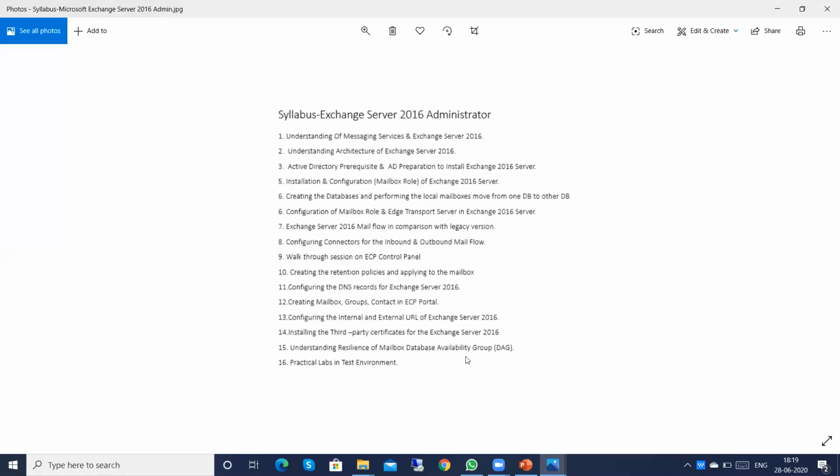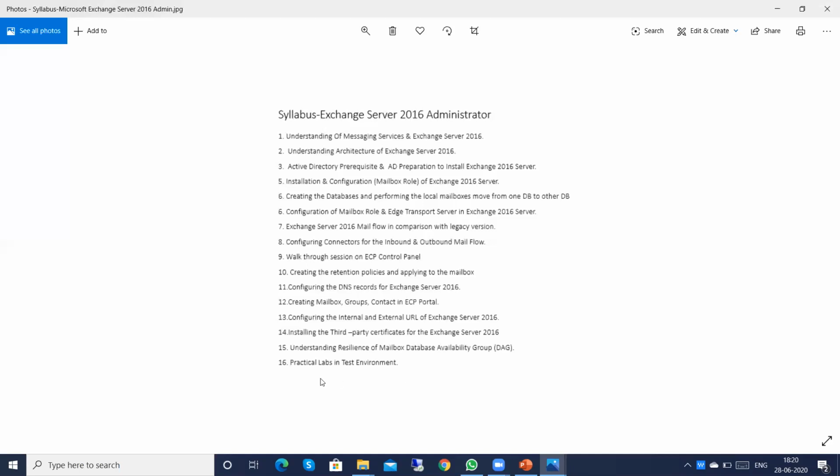DAG, database availability group, will be utilized for load balancing or resiliency mode. It's a very important role in a production environment. We'll teach you how it works, how to create it, and how to configure the database availability group.